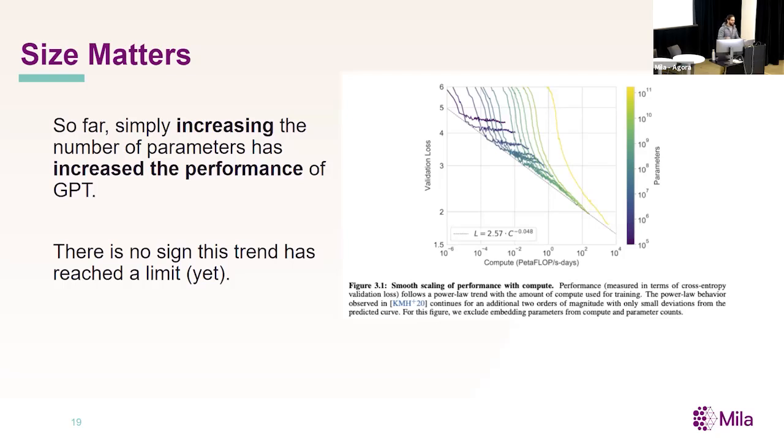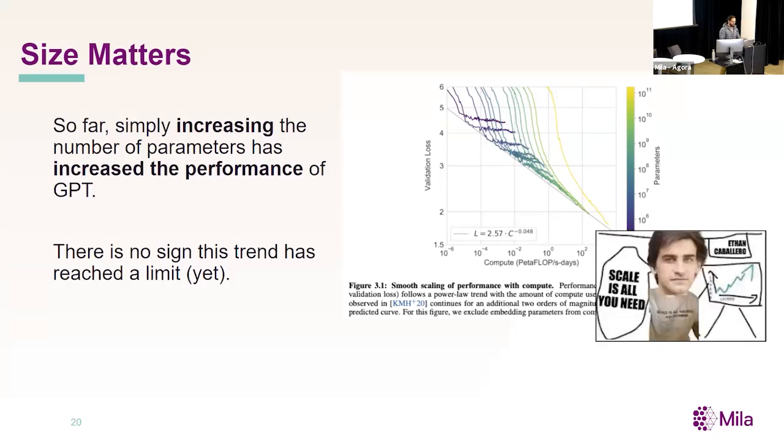Yeah, so going back to this, right now essentially the race is just if we increase these number of parameters, then we get an increased performance. And in fact, we do have people at Mila who have been strong proponents of these ideas, like Ethan Cavallero, for example. He's been on this train for a very long time. He's essentially become this meme at this point, and he's just been saying for forever, scale is all you need. You've probably heard him say it or seen him wear these shirts that say scale is all you need.